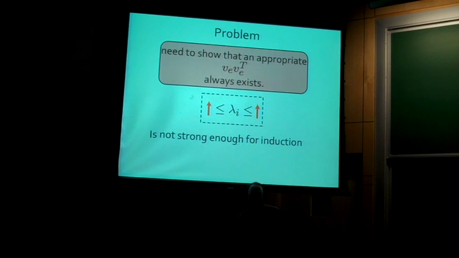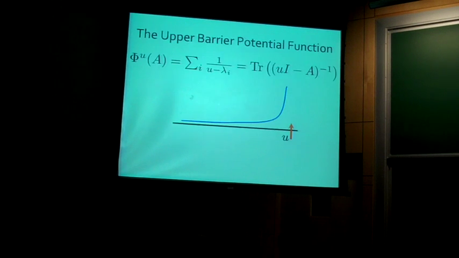This is actually related to the question I got from the back. If I have, let's say, my lower barrier, I'll draw it here. Let's say I have 2 eigenvalues right there. Well, when I make a rank 1 update, one of them can move up, but the other one's going to be stuck there. So there's no way I can move the barrier. So we needed a stronger induction hypothesis. Here's the one we came up with.